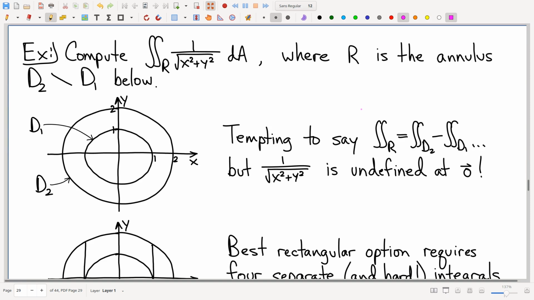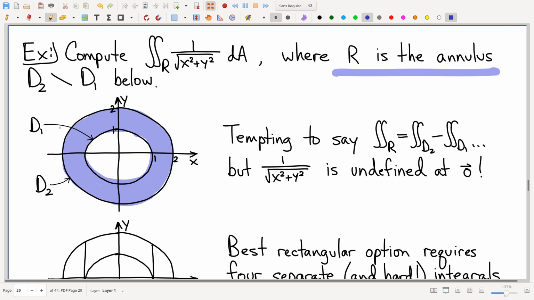This is a nasty one here. Surprisingly nasty. Our domain here is this annulus, kind of a ring sort of a thing. In my mind, I don't know why, I see a moat around a castle. That's just how my head works, I guess. I don't know. And if that is our domain,